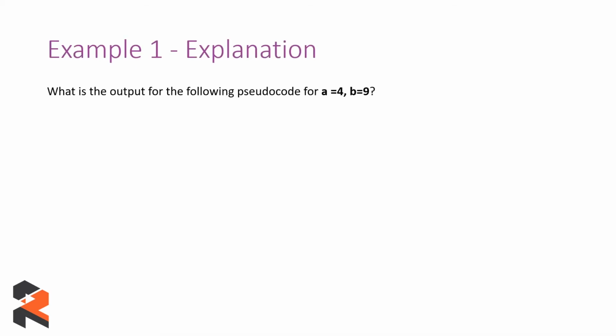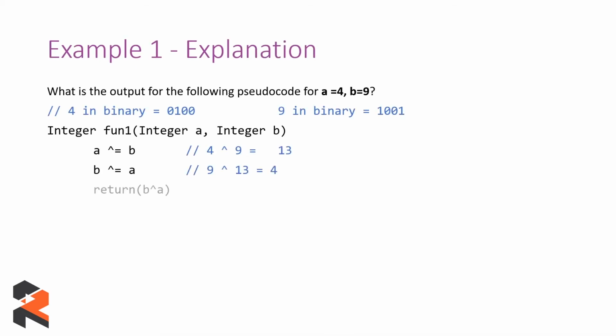So if you look at the explanation part of this particular question, you will get to know things in a much better manner. So what is happening is we have 4 in binary, we converted into binary, and 9 is also converted into binary, and then we perform the respective operations. So in this case you can see that we have been performing a equals to a XOR b, which means the value of a is 4 and the value of b is 9. Once the XOR operation is performed, the value is getting stored in a. So the variable a will be storing the value 13 after the XOR operation is performed.